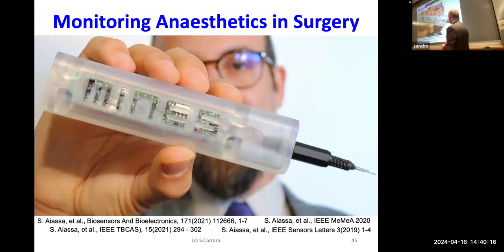Then the latest novelty I've done with the second project is to bring all this technology into the hands of the anesthesiologist, what we call the smart pen. Here you have, in principle, needle-shaped electrodes. So once the anesthesiologist wants to calibrate an injection, they can go to the patient, insert the sensor directly, perform the